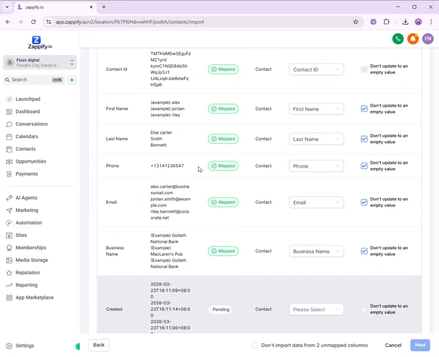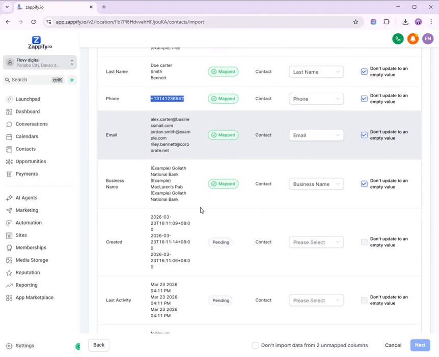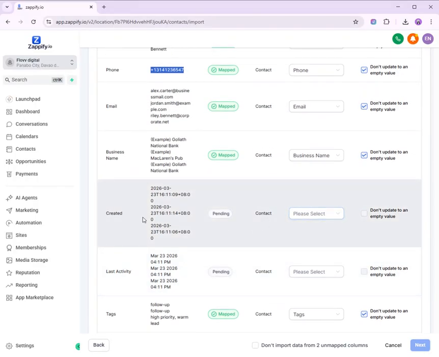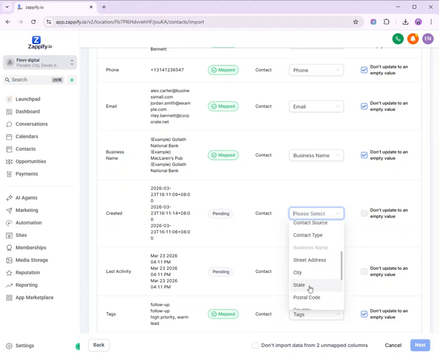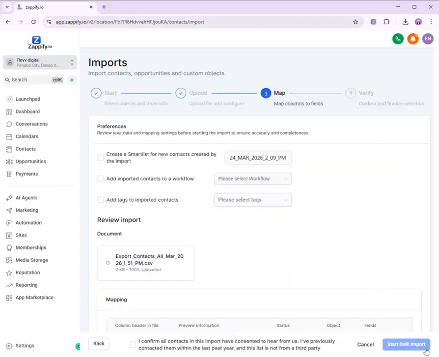So for this column, you have to do the mapping. So let's say, for example, here created. So let's choose time zone. And if you don't want to import data from this column, check this checkbox and click next.